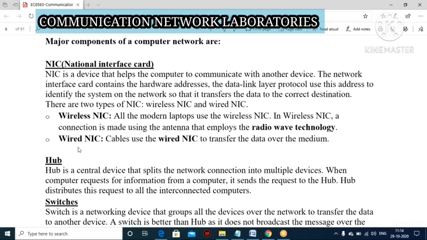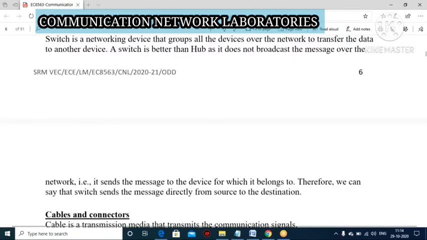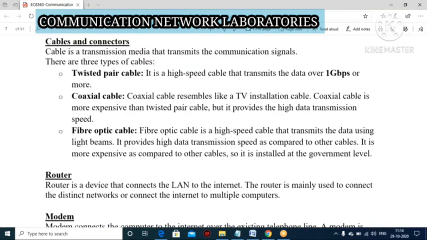Next, the fourth major component is cable and connectors. These two devices are very important for wired communication. A cable is a transmission medium to transmit the communication signals, right? We have different types of cable. One is twisted pair cable, another is coaxial cable, then fiber optical cable. Twisted pair cable is a high speed cable.